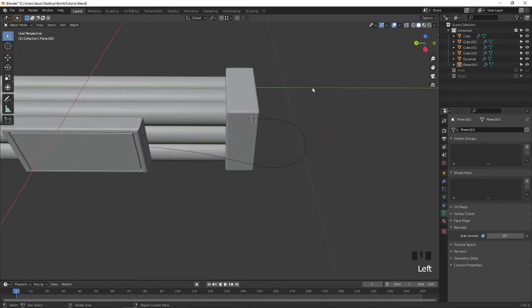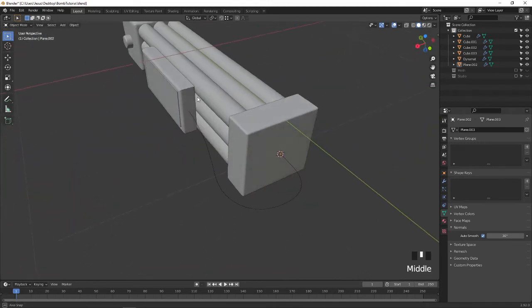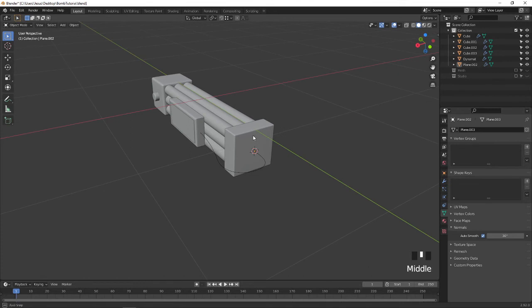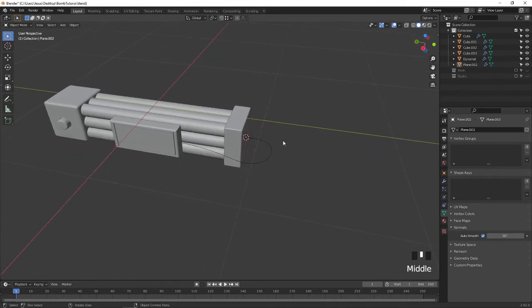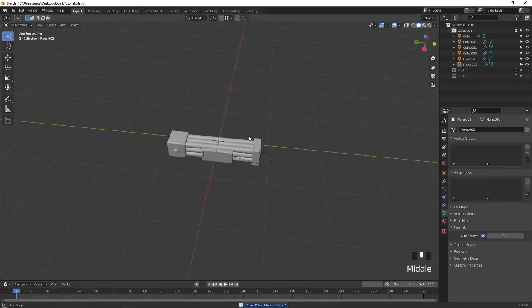You may wonder what is the wire, only one black line is running in there. So what we are going to do is design a wire and apply an array for that, and we are going to add it in the same. Control S to save, press Shift C to go back to the 3D cursor in the middle of the world.